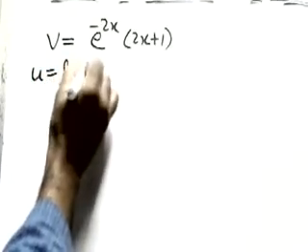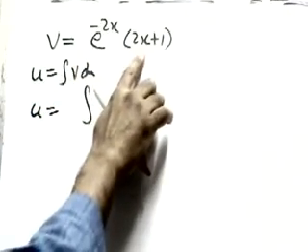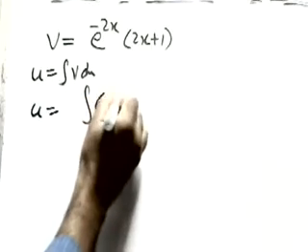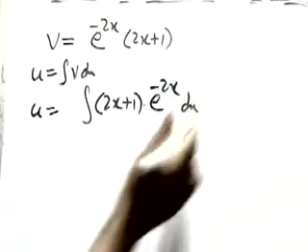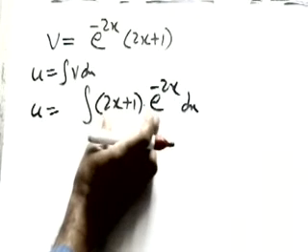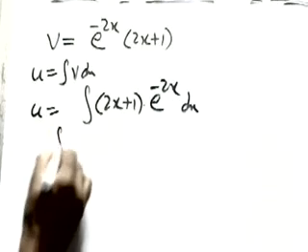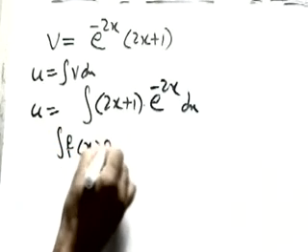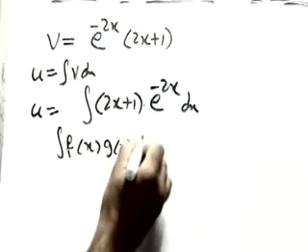Now the integration of u equals integration of v dx. U equals integration of 2x plus 1 into e to the power of minus 2x dx. Now this method is called integration by parts. The formula for integration by parts is integration of f of x into g of x dx